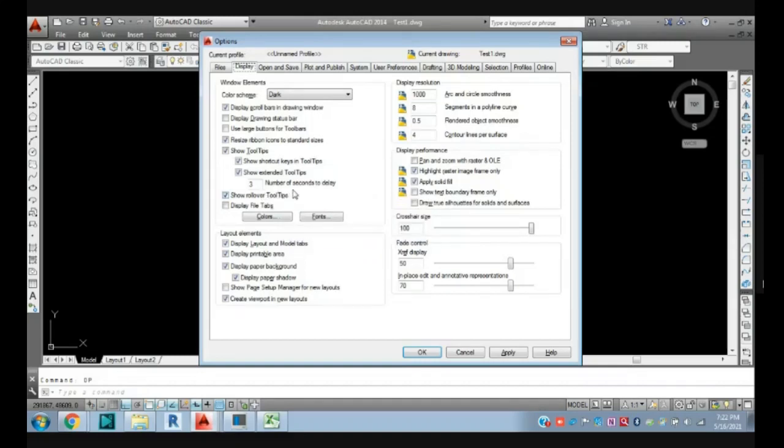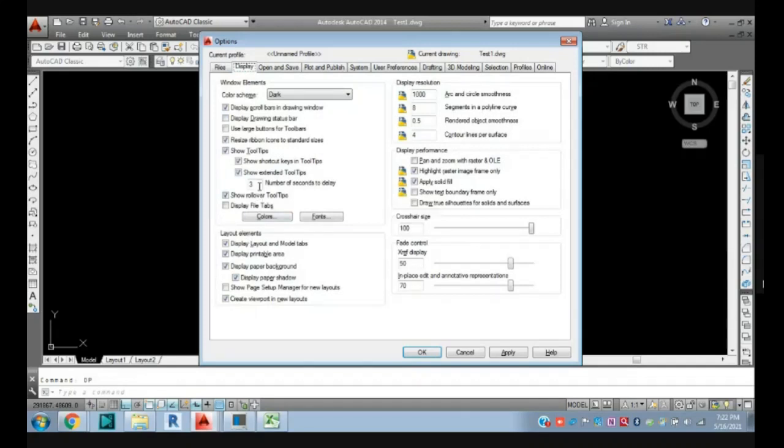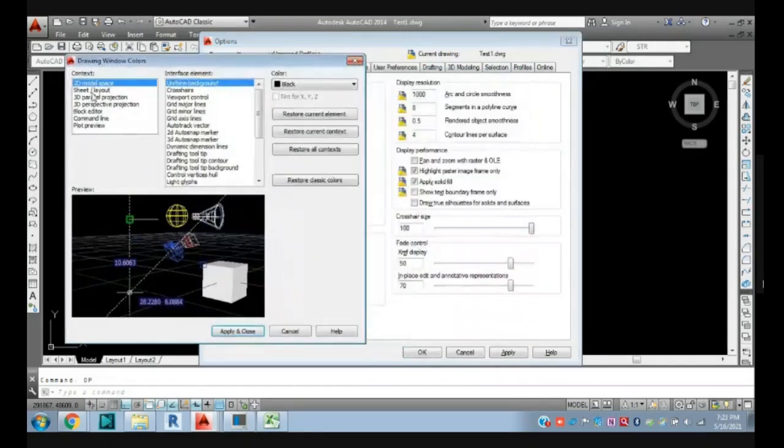the important part is that here we have some colors. If you go here in display, there are colors and fonts. I missed one more thing, automatics, I think here. If you click here on colors, you can see 2D model space, which means our model space area. You can change the color also. Right now I have set black here, and you can change the color from here.